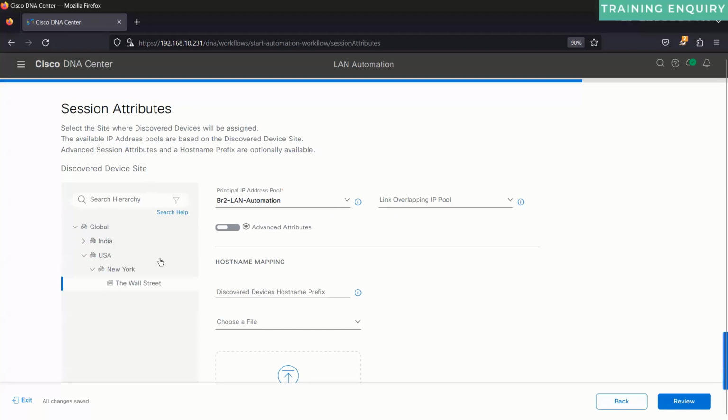So here we are going to define, once the devices get discovered, where we want to place them. The discovered devices will be assigned to this particular site. That's what we are going to define. Select the site where the discovered devices will be assigned. The discovered devices will be assigned onto the site, and those devices will be configured with the IP address